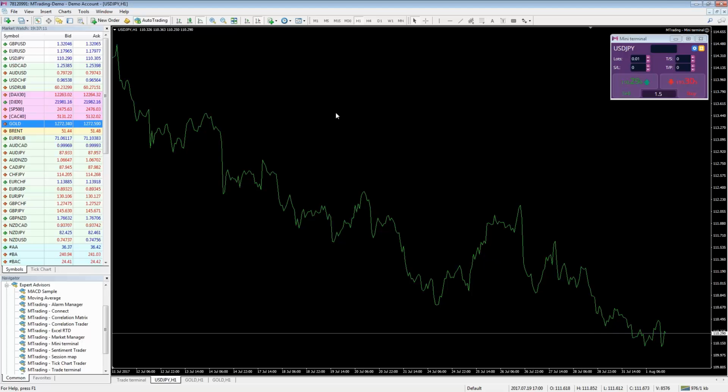Yes, I am seeing a line chart, and this is based on closing prices. That's all it's giving me. It's only giving me one piece of information, the close of each time period. Currently I'm on the 1 hour time frame, so at every hourly close, that is where the line will be drawn at that price. The next one, which gives us a bit more detail,